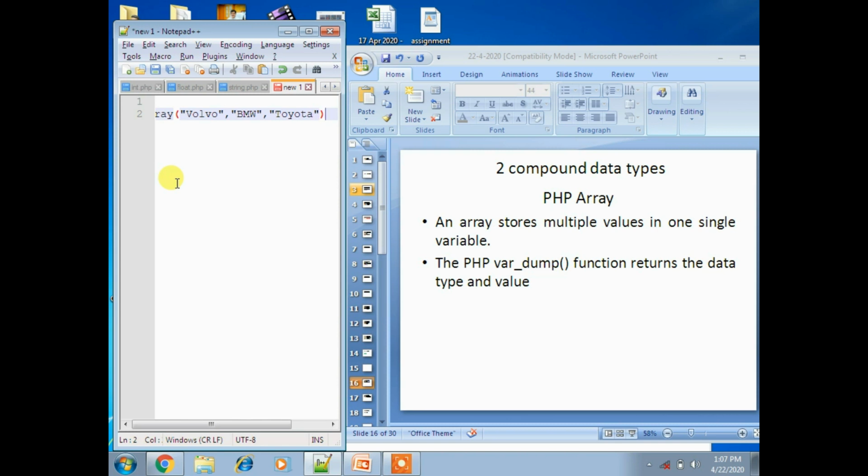Three cars I inserted in an array, in a single variable. I am allocating multiple values.